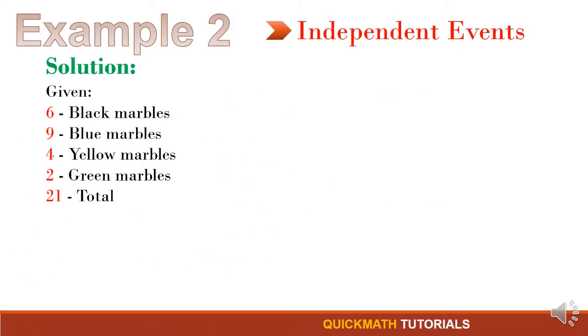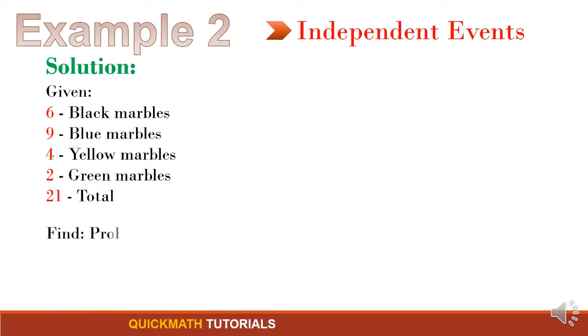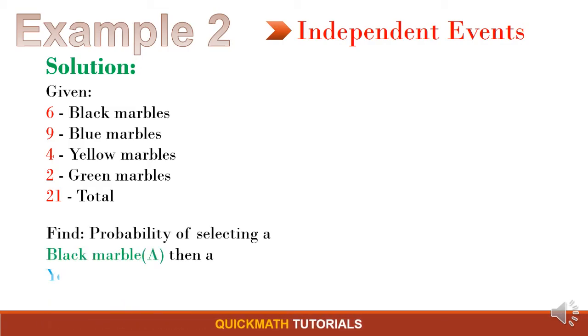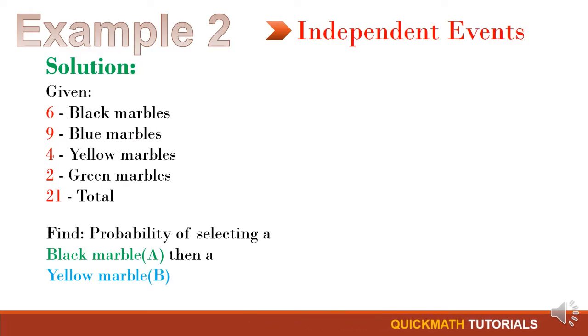Now, our next step is to list all the given. So we have 6 black marbles, 9 blue marbles, 4 yellow marbles, 2 green marbles, and a total of 21 marbles. We are asked to find the probability of selecting a black marble, that will be our event A, then a yellow marble, and that will be our event B. So the formula for independent events is